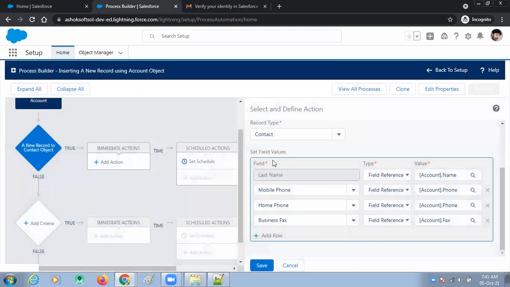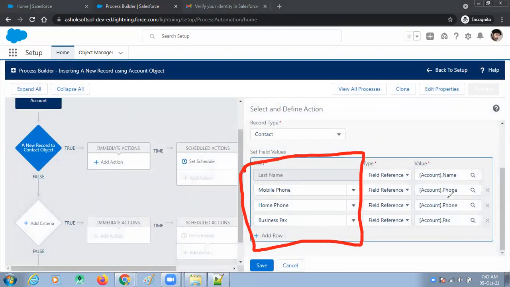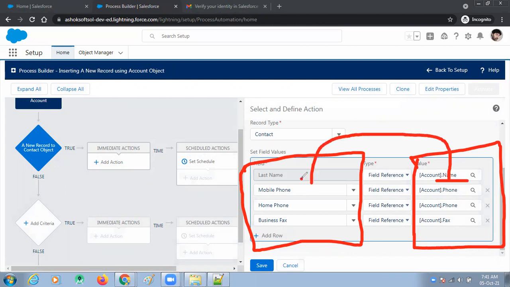These are the fields related to the child record, and these are the fields related to the parent record. Whenever inserting a value into the parent record field, that value automatically stores inside the child record.